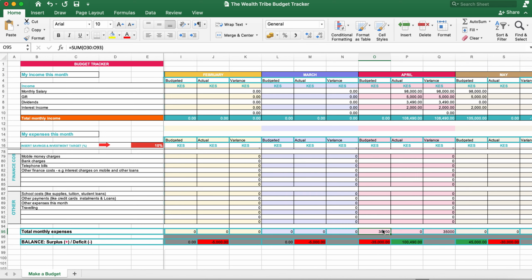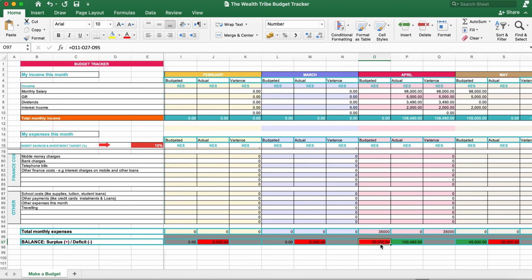So this budget tracker will automatically add the total monthly expenses for you. So I have done the heavy lifting. All the formulas are done for this budget tracker. So for example, here it will add your total monthly expenses, and then it will do the difference. It will calculate for you your income minus your savings and investments minus your expenses, so that you know the surplus, and so that you can ask yourself,